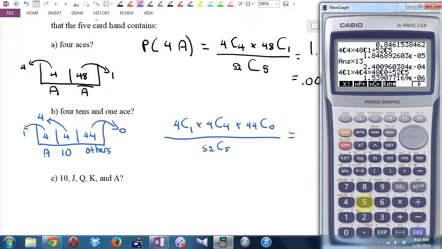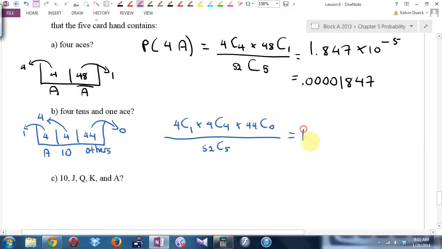I get 1.539 times 10 to the negative 6, or 0.00000